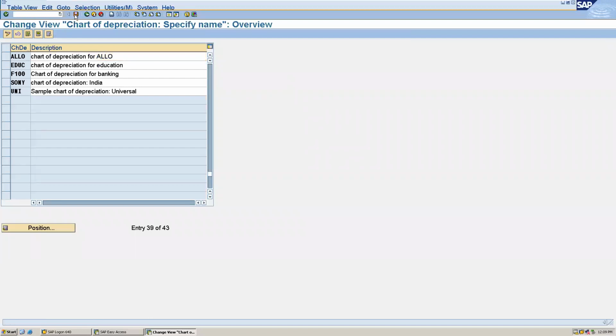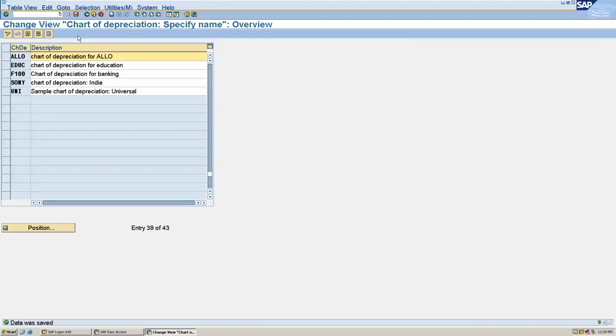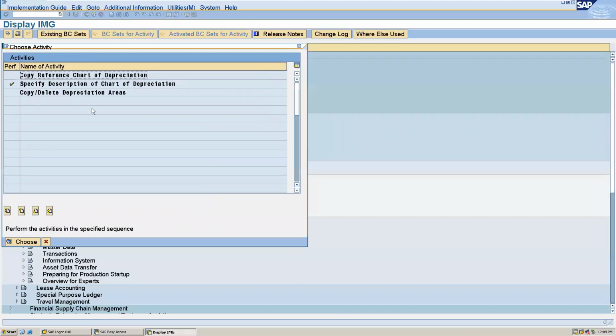Save it, and after that you can copy or delete depreciation areas.